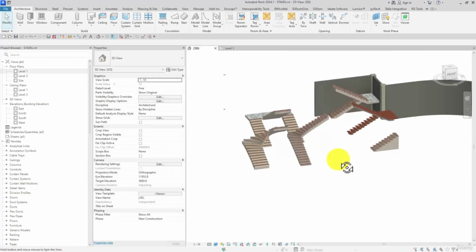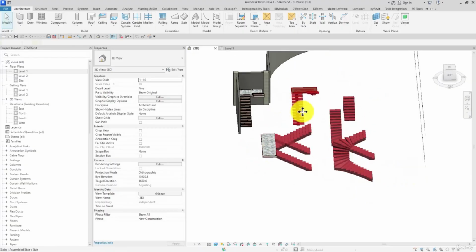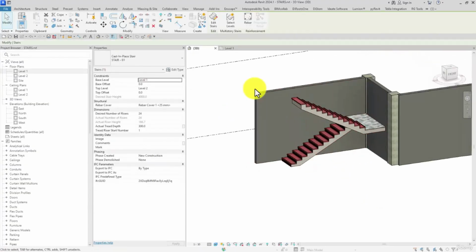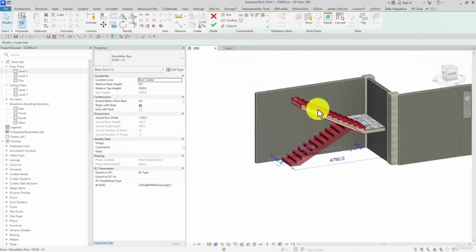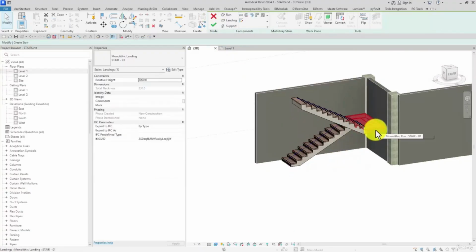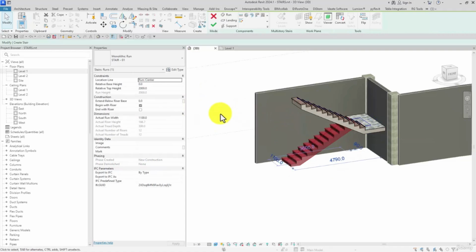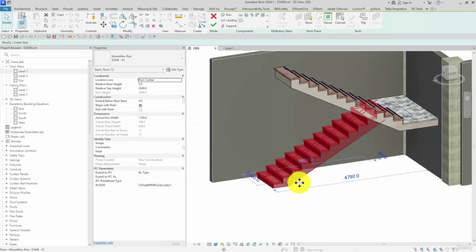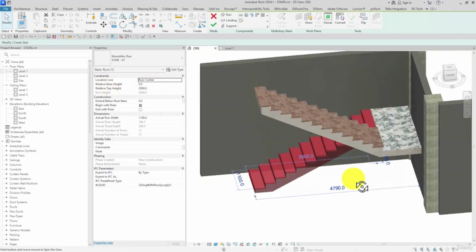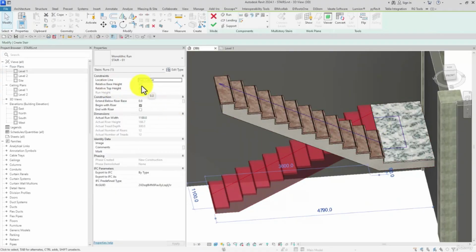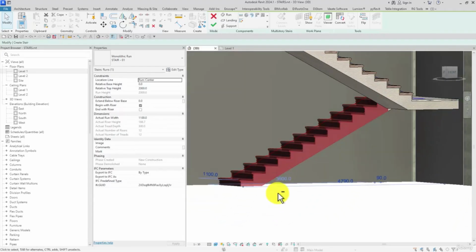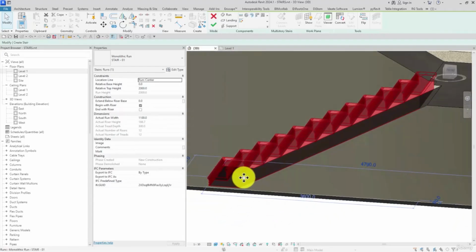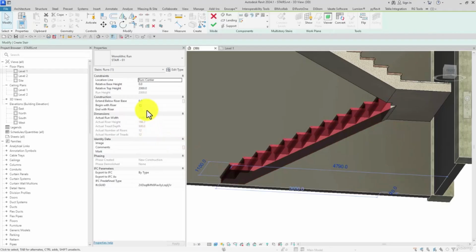But about the other sections, let me select and delete these, and working on this one, I select each of the runs. As you can see, we can control and edit each of the sections, like the runs, the landing, the supports, the threads, the nosing. After selecting this run, as you can see, it starts from 0, and the top height is 2 meters. Here in extend below riser base, that enables us to